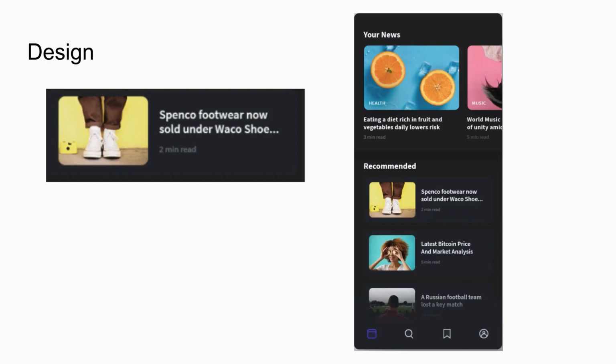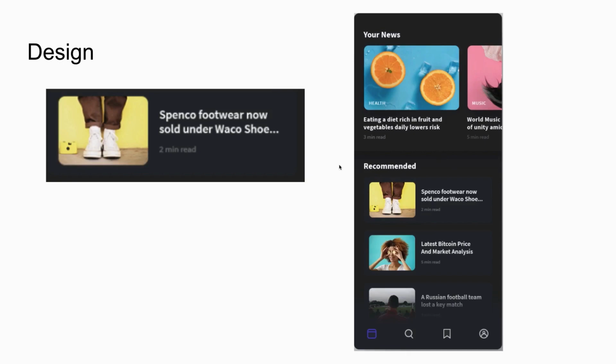Let's take a look at the design. We will fetch a list of articles and show it to our user. Pretty easy, right? We need paginated API for fetching the articles. For those who don't know about pagination, when you have a long list of data, it is time consuming to load the entire list at a single go. So we do lazy loading.